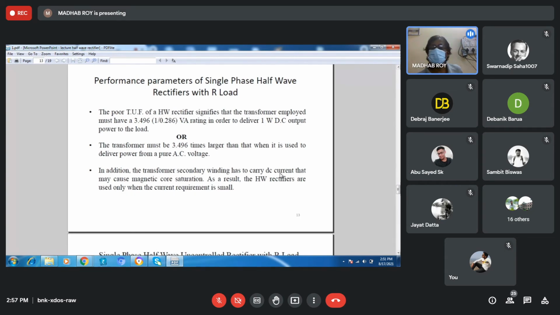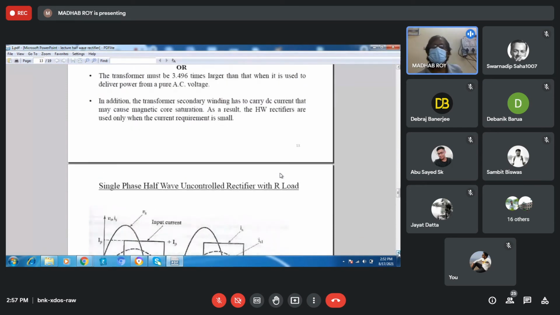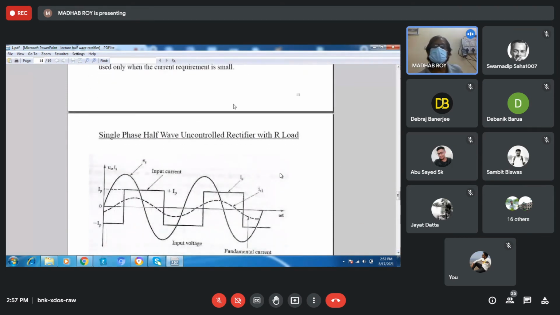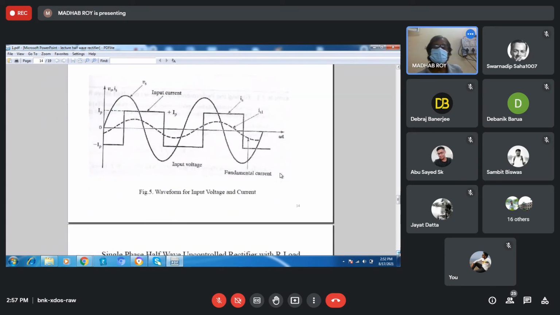So that's why for large power demand, that means a heavy power source, in wattage or current, it cannot be used. It is for small power, like a mobile charger. For very small power output this circuit can be applied because it is a very simple circuit. But you should know the basic operation from this.